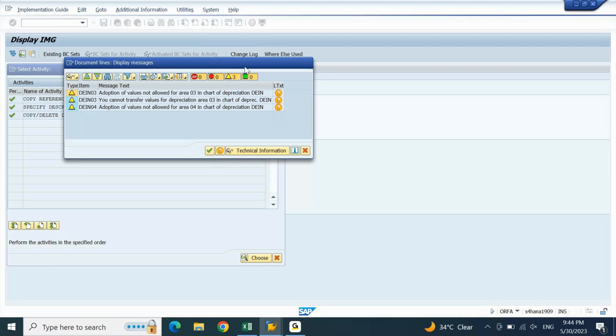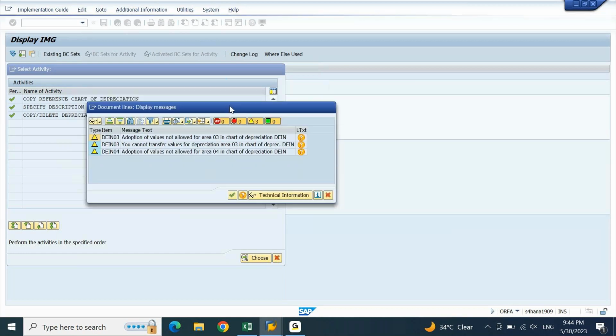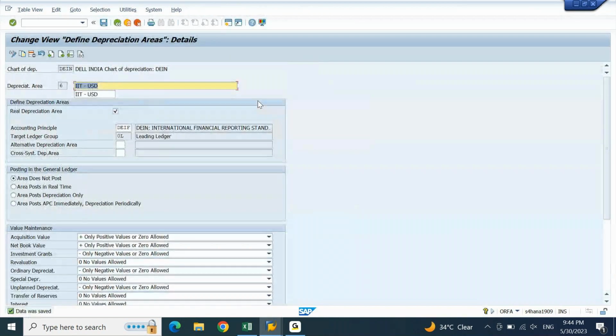So what we did finally, we have assigned the accounting principle of leading ledger, and we put the tick mark of area does not post. Now these are saved. Overall, we have got 6 depreciation areas now.